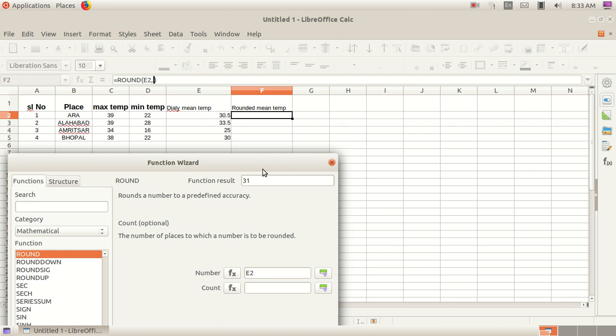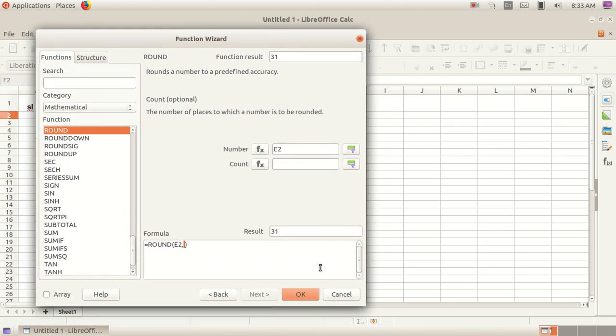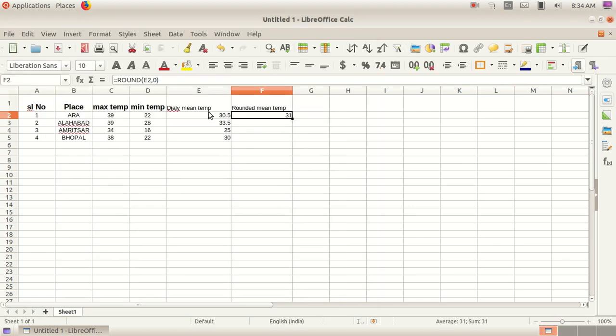Then click OK. Here the rounded value is given, 0.5 is rounded to 1, so it becomes 31. Then drag simply and we can get the other values. That is the second activity.